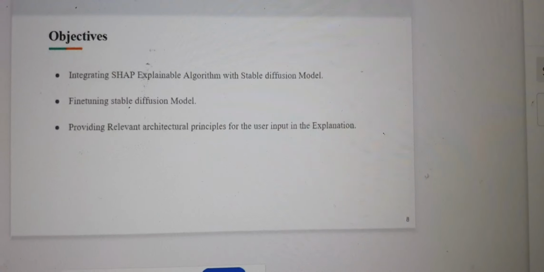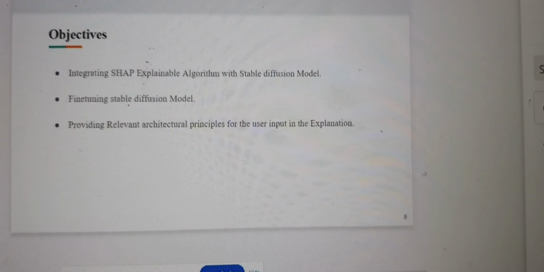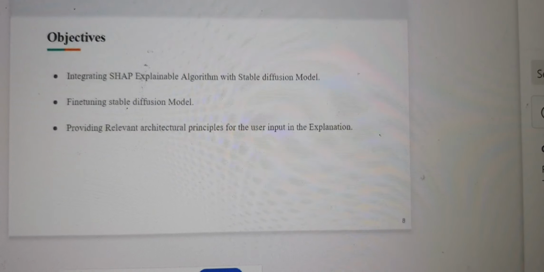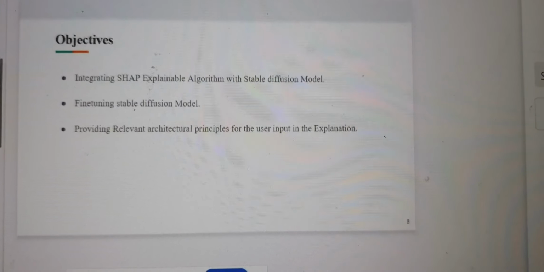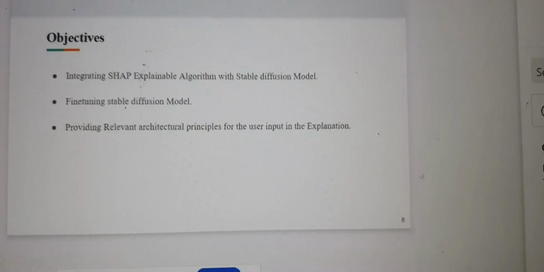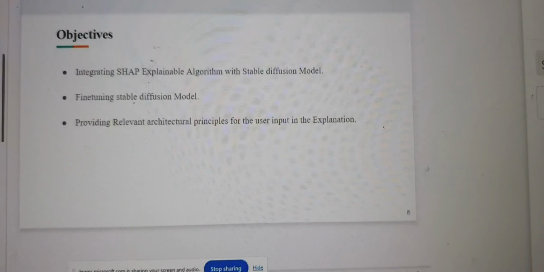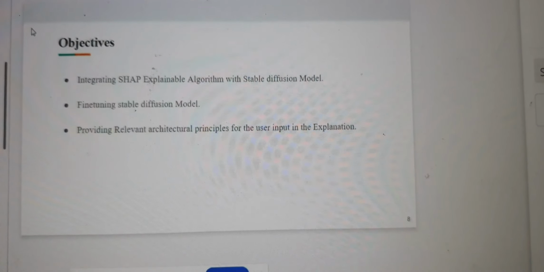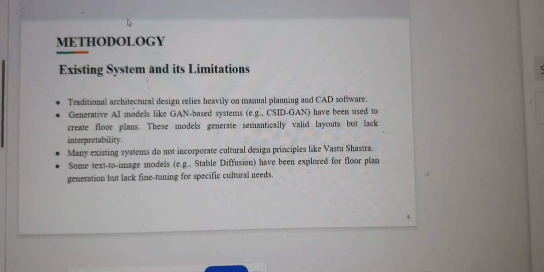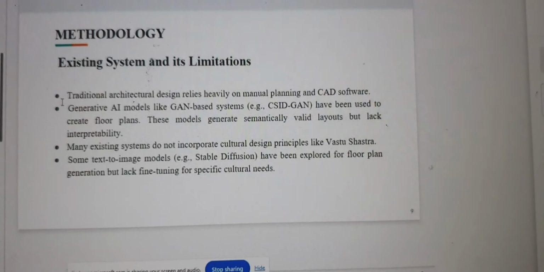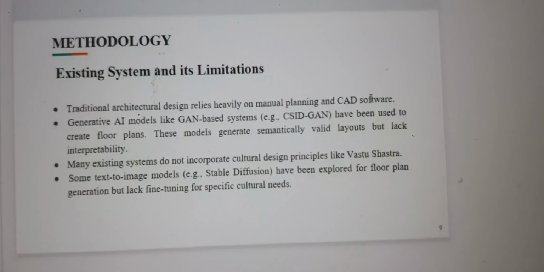So our objectives are integrating the SHAP algorithm into stable diffusion, fine-tuning our stable diffusion model for a specific domain, and then providing the user with the relevant architectural principles explaining why the plan is generated in a certain way. Next slide. So coming to the existing systems, as I've said, traditional architectural design relies heavily on